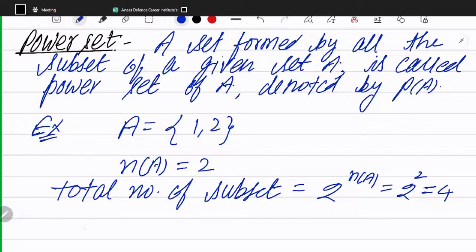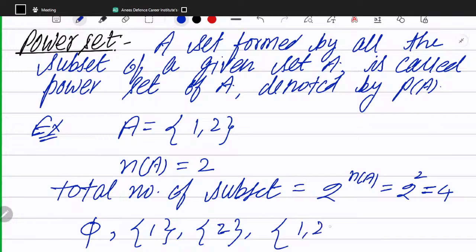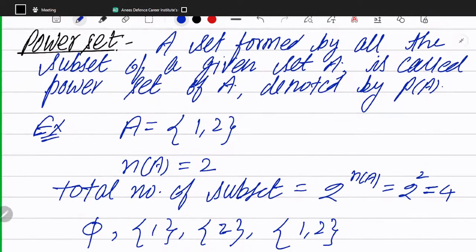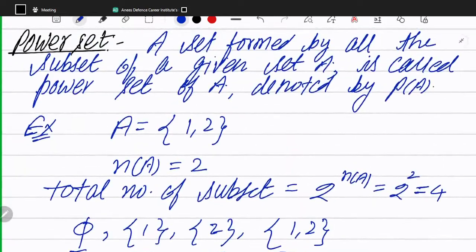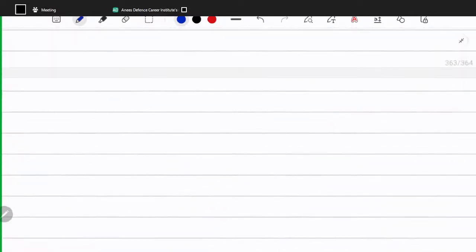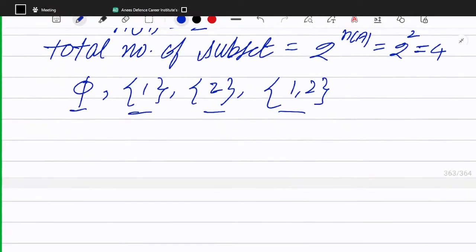How can it be 4? Because one is the null set, and two are singleton sets, and the last one is this set. There are 4 subsets: 1, 2, 3 and 4. And the set A has 4 subsets. Now the power set of A will be